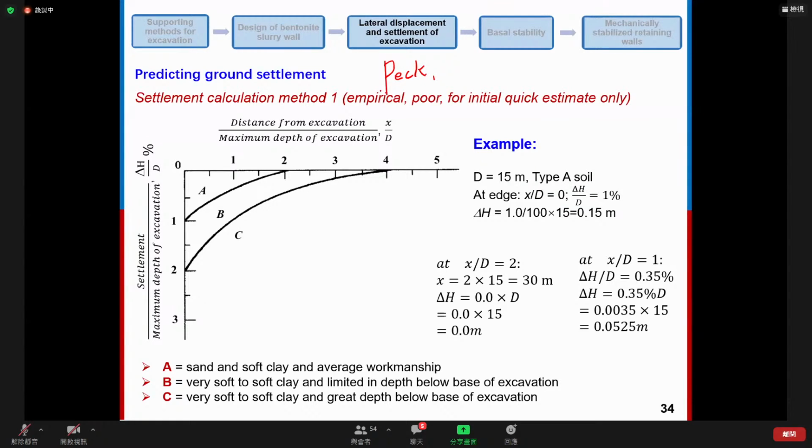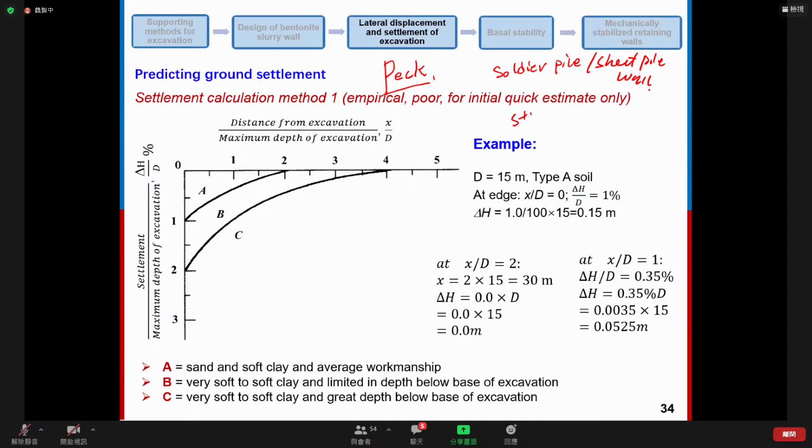Okay, so Peck proposed this method based on the data obtained from previous excavations supported by soldier piles and sheet pile walls